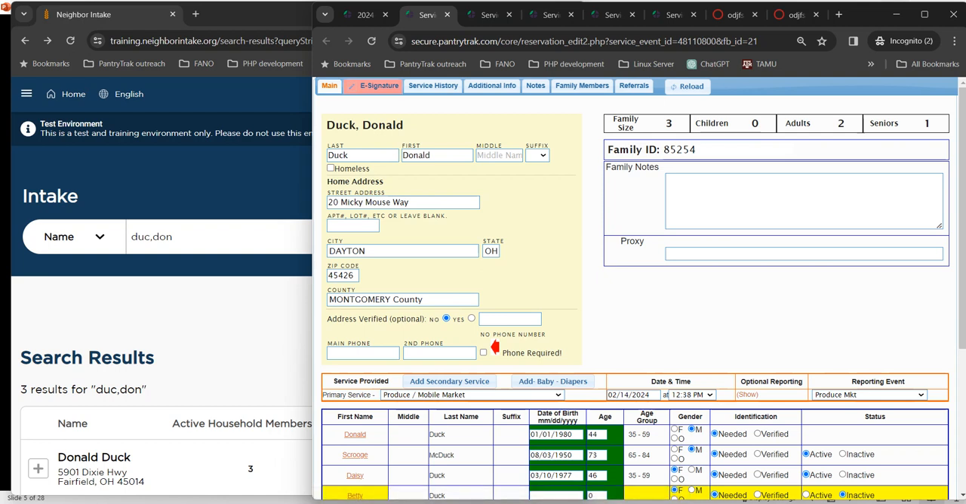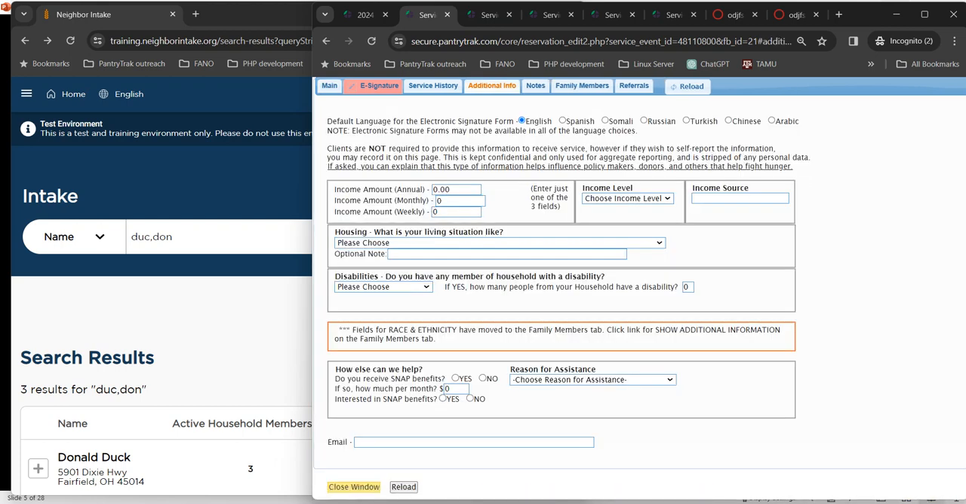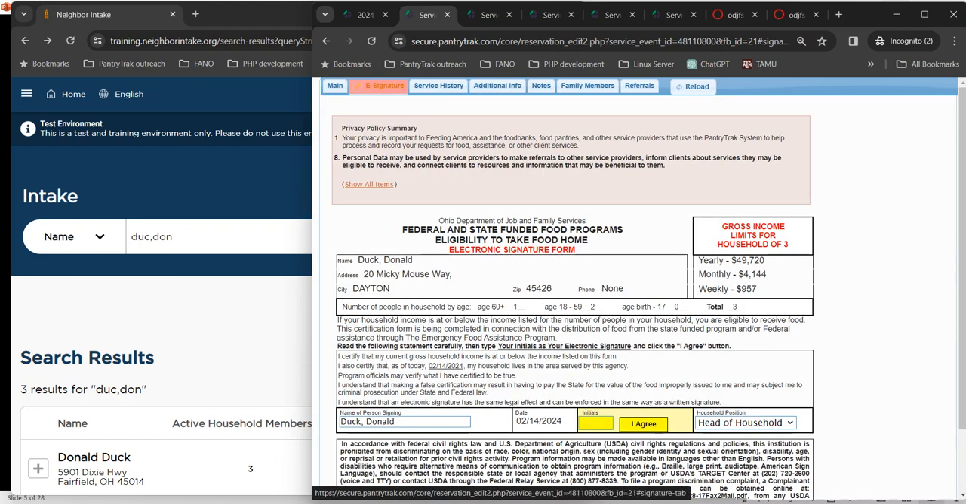Just as we showed with Service Insights on MealConnect, there is certainly other additional info available about the family that can be recorded. We'll go to the electronic signature. This household is a family of 3. This is set up with data for the state of Ohio, and the current income limits, annual, monthly, and weekly,